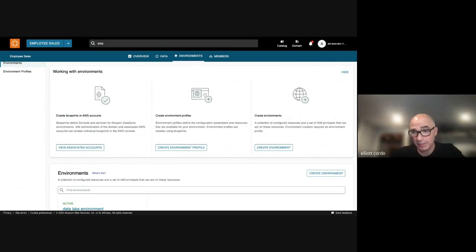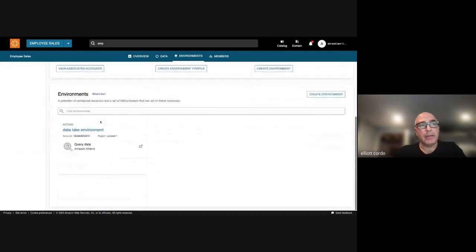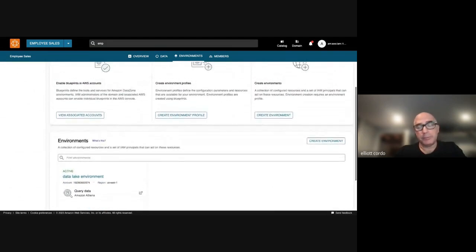I think as they extend this to more services, maybe you could have a blueprint which also encompasses OpenSearch or maybe even Bedrock, right? Just a collection of tools that are packaged together, and then you can instantiate them as an environment, right? And the environments are project specific. They have an ownership. Here I have a data lake environment, and if I click here, I can launch into Amazon Athena.